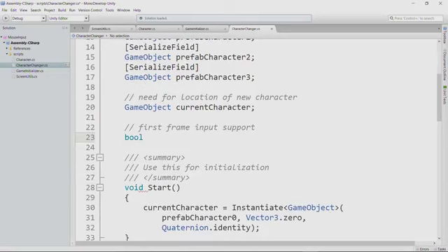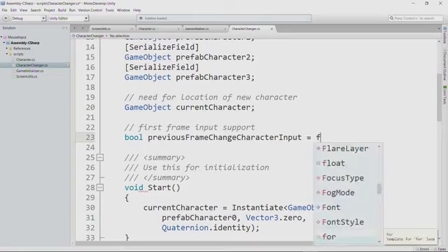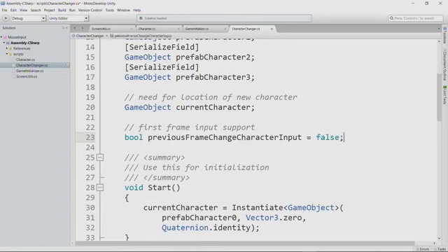And while you might be tempted to use a shortened name because you believe you'll remember what that name meant 6 months or a year from now, let's make it so that we actually have a good descriptive field name here for the flag. So we'll call it previous frame change character input. And that tells us exactly what we're talking about here. Did we have change character input on the previous frame? And we'll initialize it to false because when we start the game, we didn't have input on the previous frame